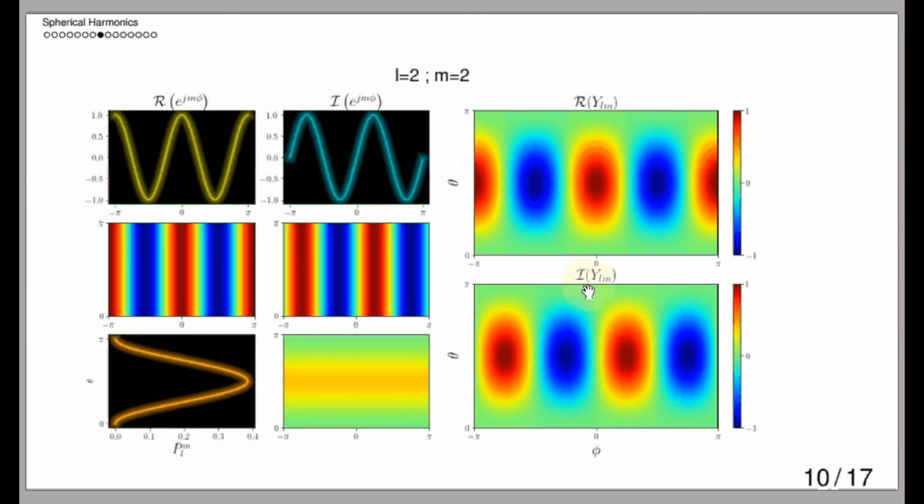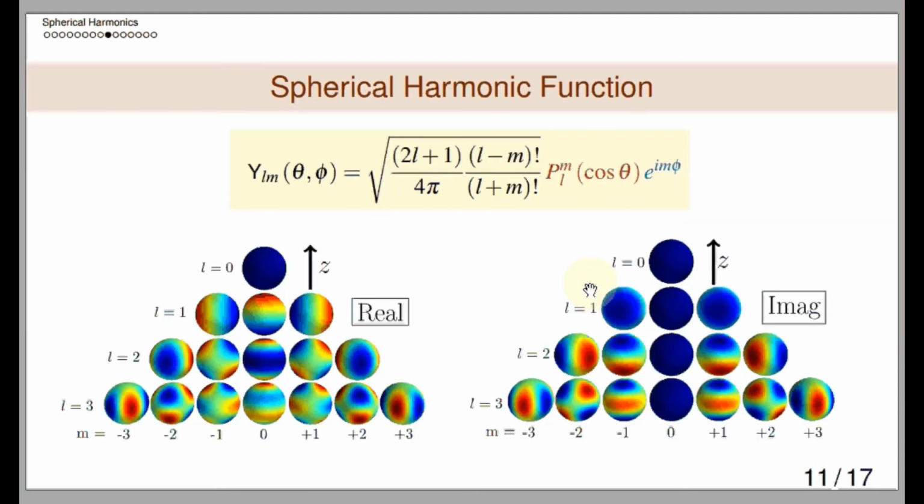Now you will be comfortable in looking at these pairs of the spherical harmonic function. Now at L equals 2, you can see it's blue and red around the sphere, that is 2 blues and 2 reds, which is behind we are unable to see. And similarly for m equals -1 and L equals 2, the variations will be 2 in the phi direction and 2 in the theta direction.